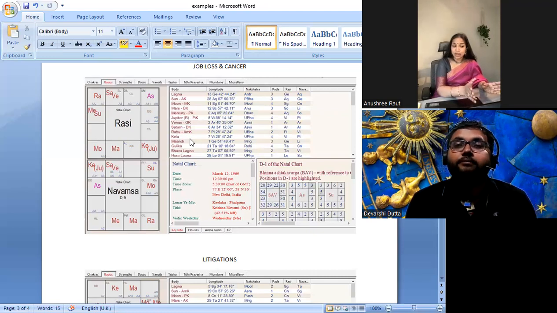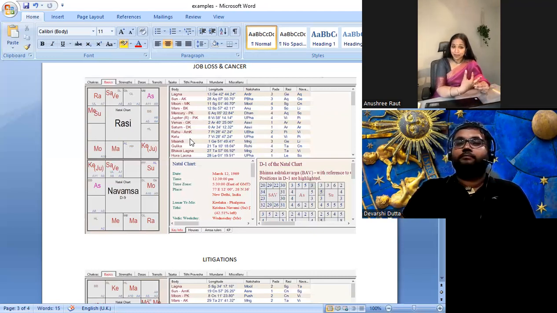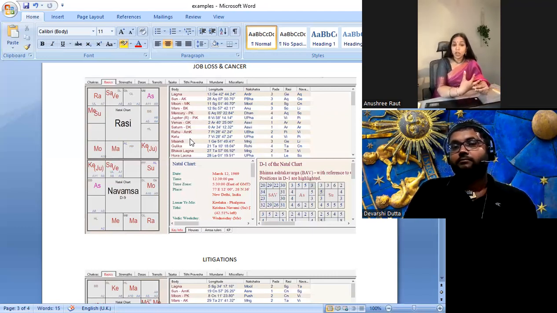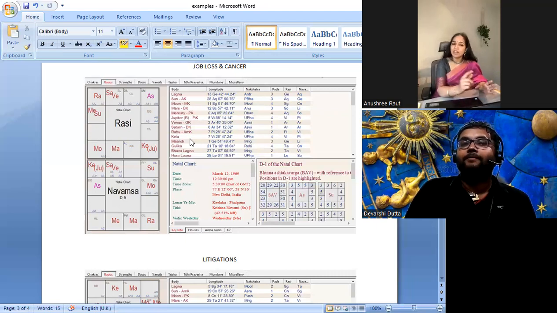He must have also actually lost a building because Saturn is building. So this person is actually going to, because he has lost his job, have to sell a property. Real estate. Saturn is building. You always lose whatever is Saturn. So he cannot keep that property lifelong and encash it on rent. He has to sell it.